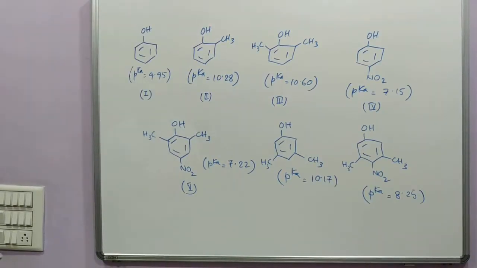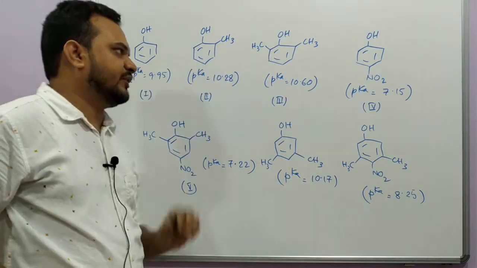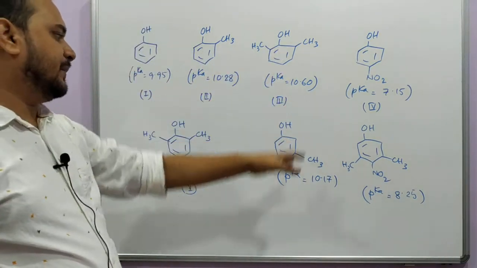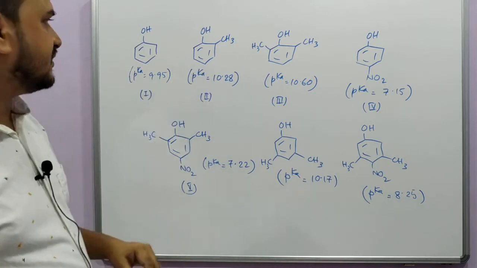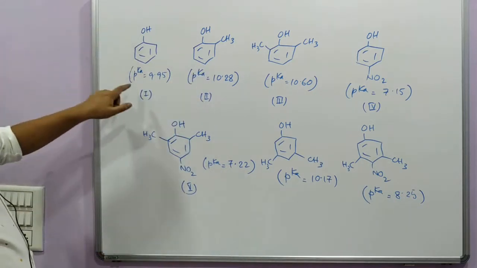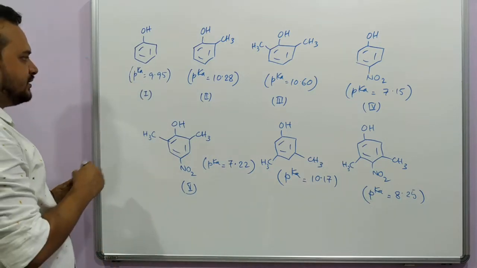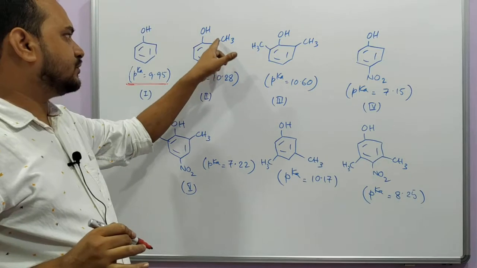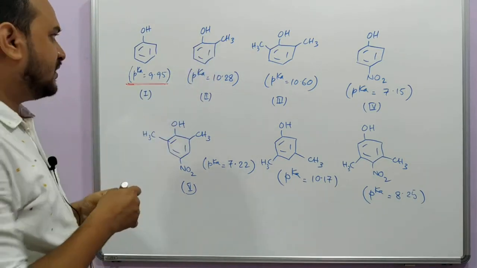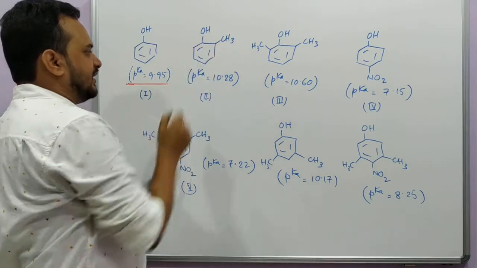Now here I have taken some substituted phenols. Okay, these are mainly phenol compounds having some substituents, and we will see how the acidic strength varies. So for normal phenol, the obtained pKa value is 9.95. Now as soon as we introduce one methyl group at the ortho position, this methyl will exert plus I